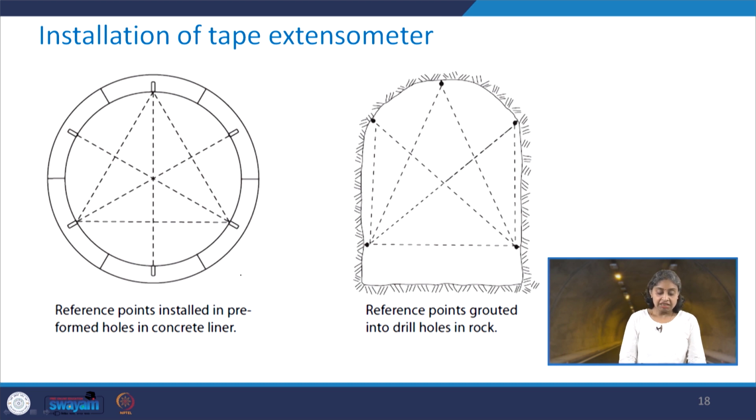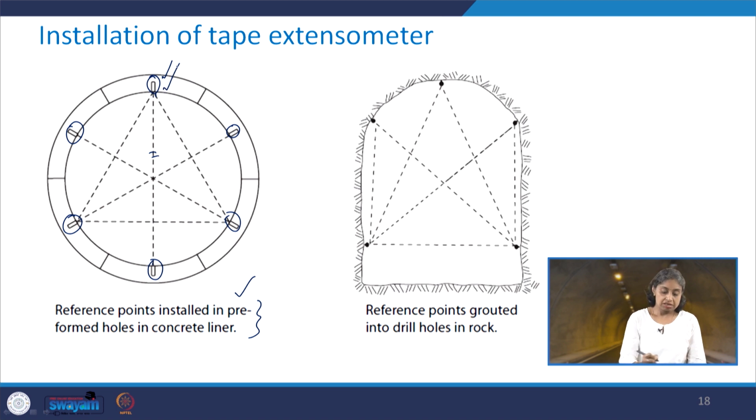So you see that here the reference points are installed in pre-formed holes in the concrete liner. So these were the pre-formed holes. Now the tape, one end is here, another end is here, and then it is tensioned, and you can measure the distance. Likewise, a similar operation can be done for all the opposite reference points, or between the reference points that we want to know the distance between. So let us say you take some initial reading, and then with time you again take the reading. Whatever is the change in the reading will give you the idea about the closure or the deformation